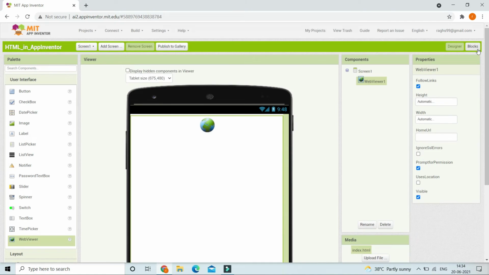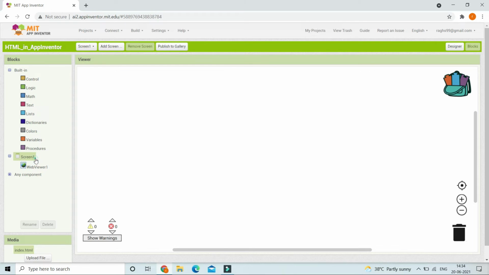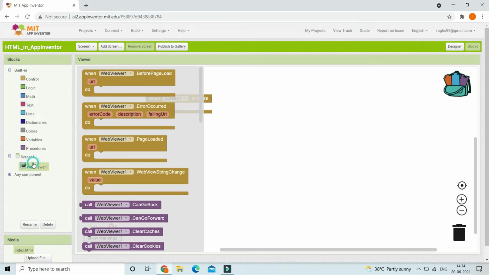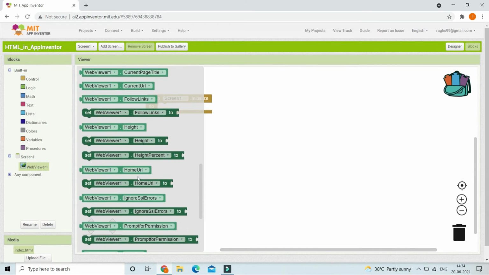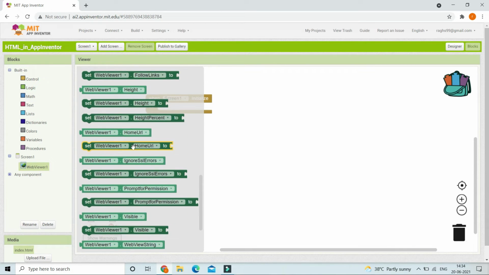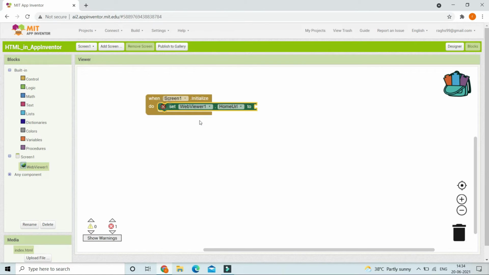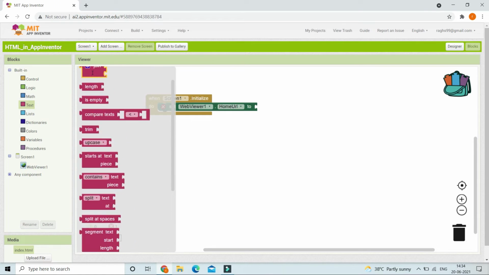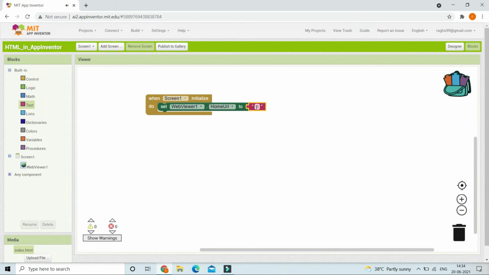Now let's go to the block section. So when Screen1 is initializing, which means the app is loading, we are going to show it in the web viewer. So here you can see set WebViewer1.HomeUrl to. Let's bring in this block. And here we are going to bring in a text block. So here we are going to put a location as the home URL.